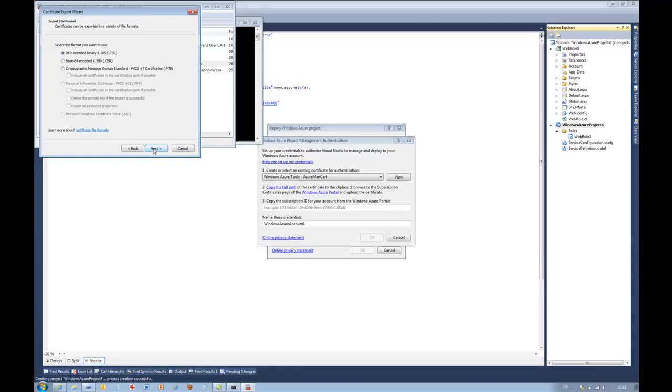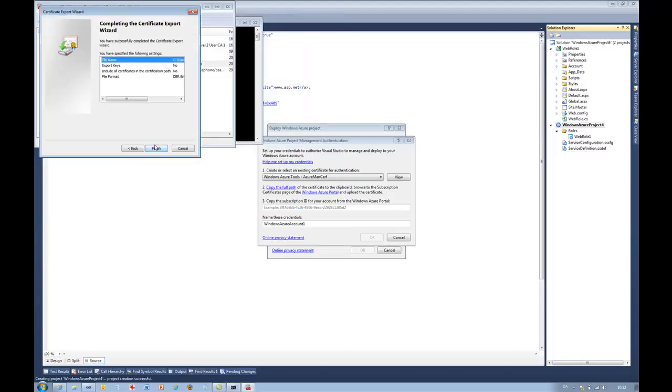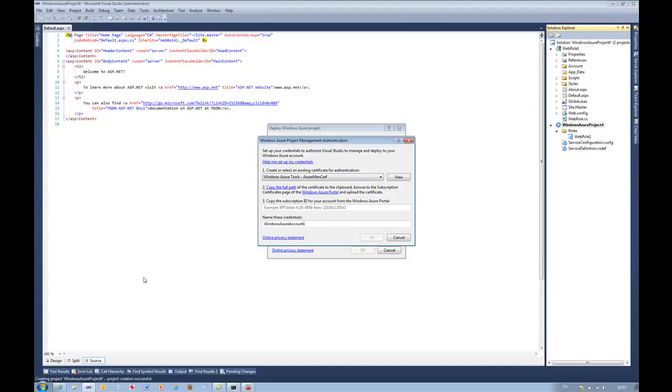We do not want to export the private key, and we want to export it as an X509 certificate, and we want to export it to the desktop. We're going to call it Azure Man Surf. Save, next, finish. And it says our export was successful. So now what we can do is go to our